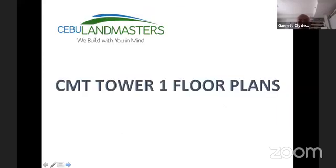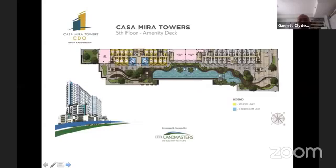So this is the floor plan for Tower 1. The amenities are located on the 5th floor. So you can see here, majority of the units are on the 5th floor amenity deck. All the amenities are located on the 5th. So that's the swimming pool right there. You can see also the gym, the pink ones, that's the gym, and the center, that's the function rooms. Okay, so